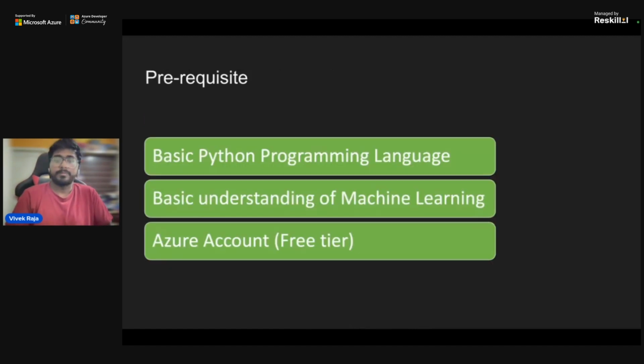So what's going to be today's talk? As I told you, my aim is to get you enabled to start with machine learning in Azure with no code. Even basic Python programming is not something we are going to use today, though it would be quite helpful if you go for the third way of doing it. If you have a little bit of experience with machine learning, that would be cool. But if not, don't worry, that's not going to be a problem.